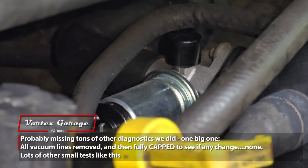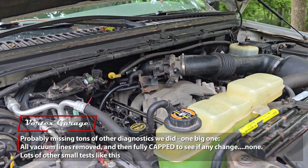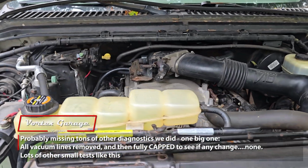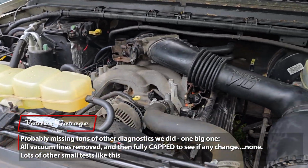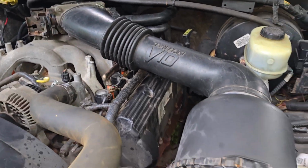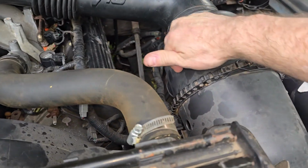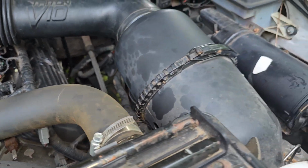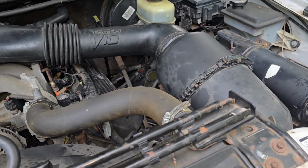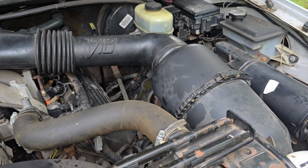Now, just to be sure, I actually replaced the IAC because I'm at the point where I'm literally throwing parts at it because I just am struggling to get the diagnosis. Again, no change. These hoses are all fine. I did take the MAF sensor out and clean it. It's actually inside here. It goes up underneath there. And I had another one for my Marauder. It's the same one. So I took a known good one and swapped it in, cleaning both of them, and